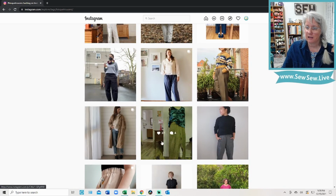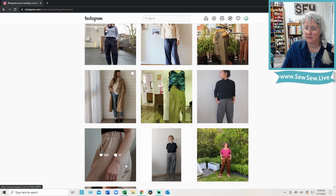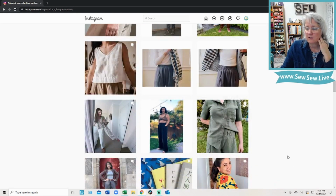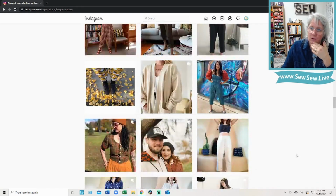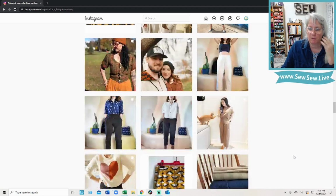That rise looks kind of low there. But these just look like very simple pull-on pants. They don't look like there's any particular distinguishing style except for that front pleat. So if you want a very basic pull-on style pant that isn't huge and bulky, this might be